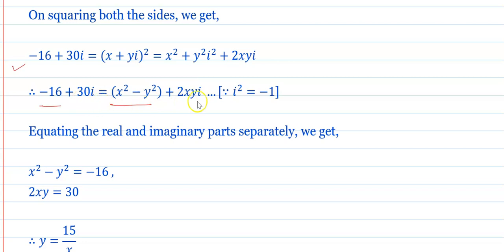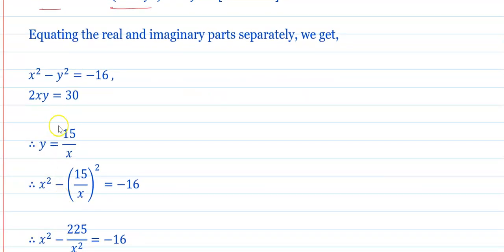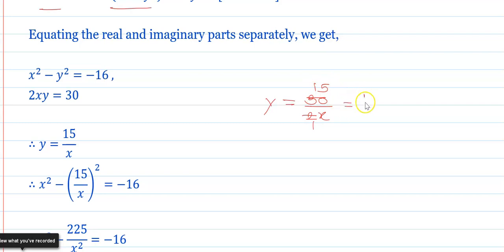Now the i cancels on both sides, therefore you will get 2xy is equal to 30, and hence y is equal to 30 upon 2x. If we simplify here, 2 ones are 2 and 2 fifteens are 30, so you will get 15 upon x. This is the value of y. Substitute this y in this equation, and hence x square minus (15 upon x) whole square